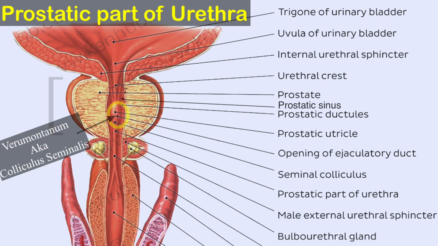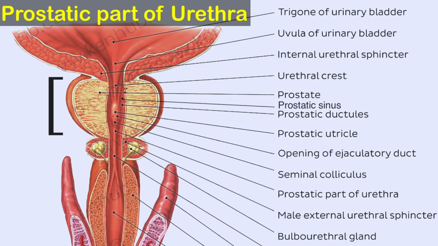In this midline of the urethral crest, you will find an elevated area. We call it verumontanum. It's very, very important, also known as colliculus seminalis. It's a slit-like orifice where the prostatic utricle opens, and below this prostatic utricle, on both sides, you will find 2 openings of the ejaculatory ducts. Now through these ejaculatory ducts our semen comes from both testes.